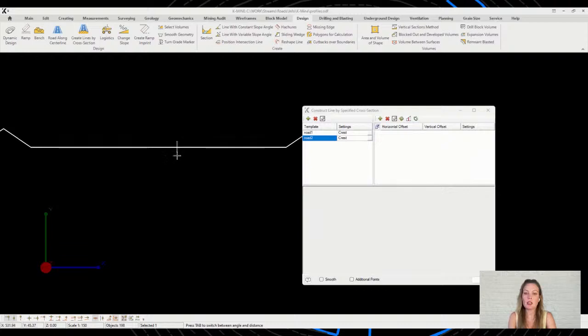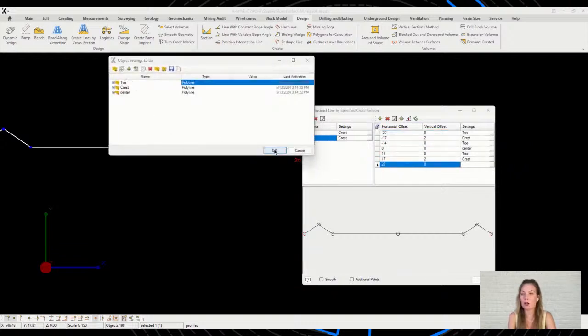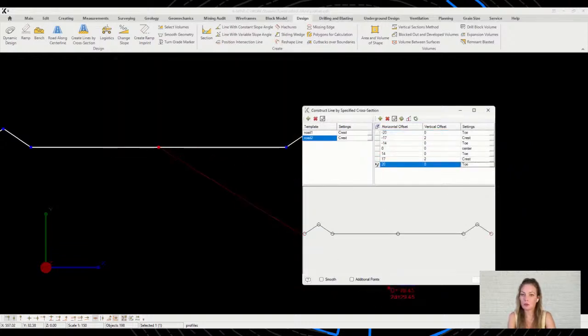To do this, we need to link our profile to the future construction. Since we will build from the center line, we will link to it. We indicate the appropriate type of lines for each of the profile vertices. At every step, the indication will tell us where we are, and then we understand what needs to be done.